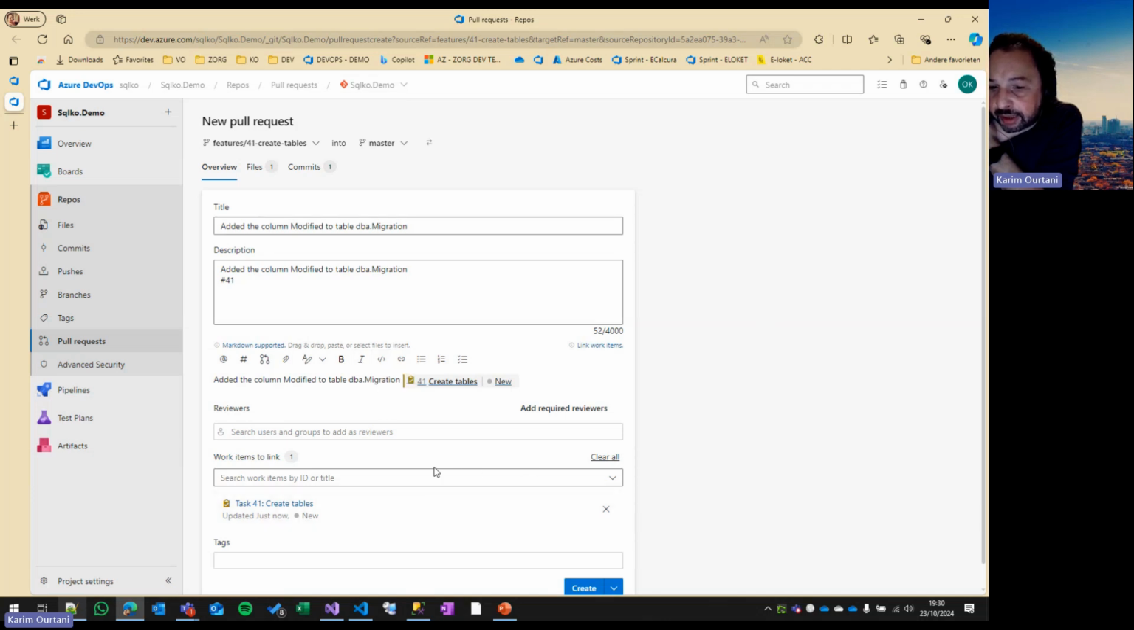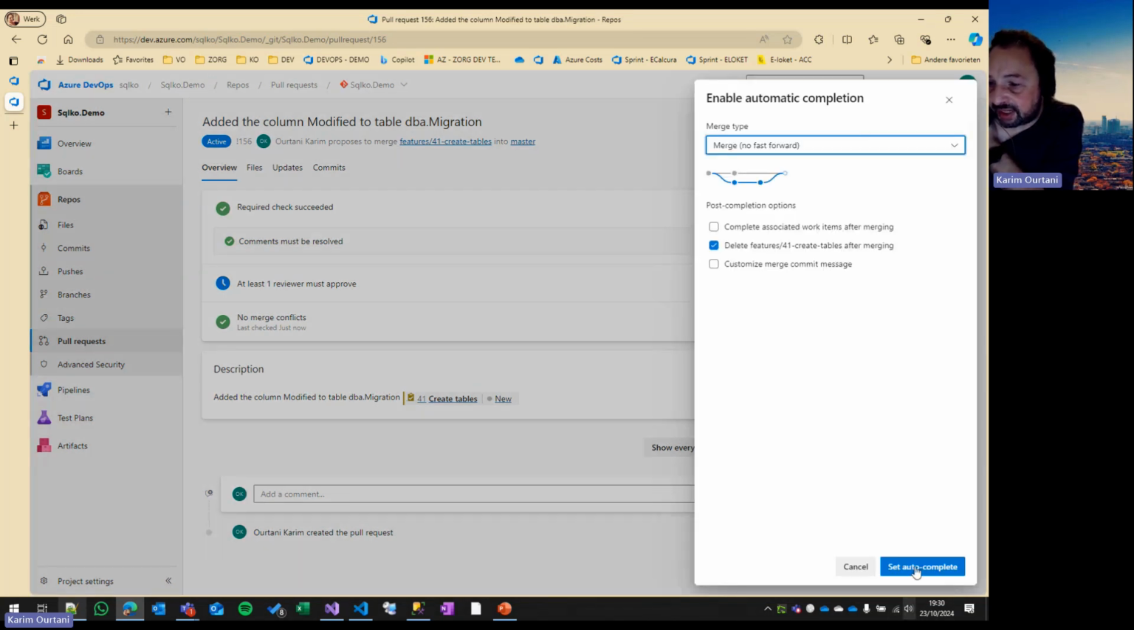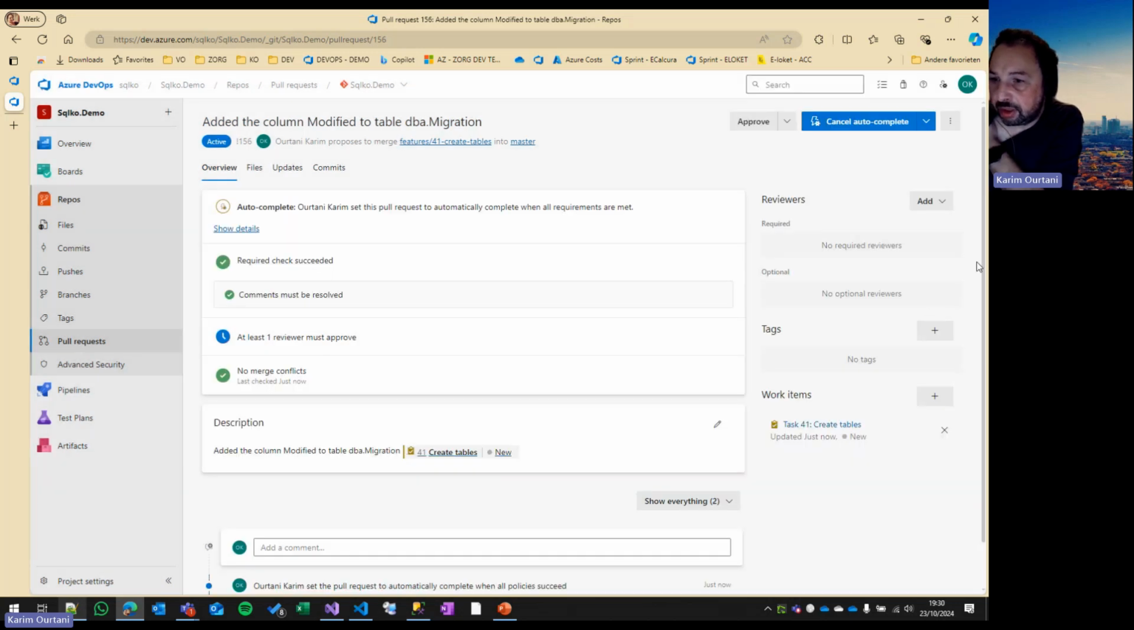And I can then also say I create my pull request. Now, this is a very basic one because it's for demo purposes. There is no policy set on this pull request, so I can just approve it myself. But I will show you that even here you can disable that, so that I cannot approve my own pull requests. So I'm going to autocomplete it so that it deletes the branch